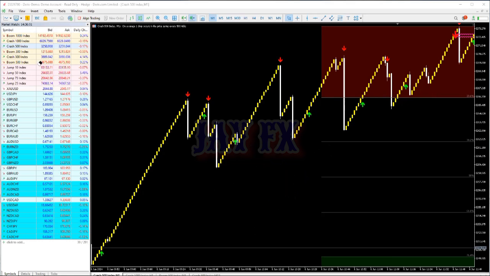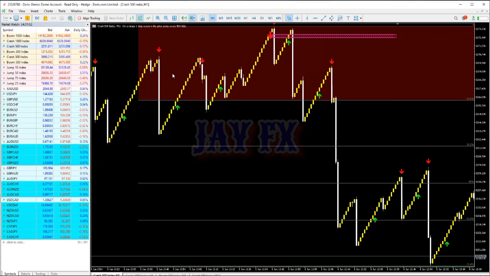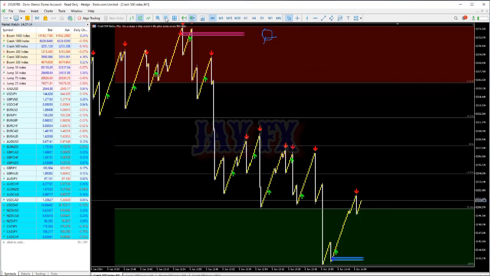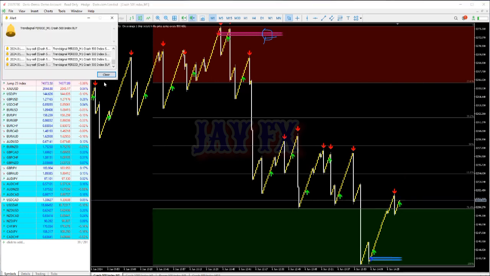Yes, now here is where the market at the end went up and created this. Before the market creates this resistance, it's not going to give you any sign. You can see that it went up, it created this before it went back down. If you zoom in, you will realize that there is another